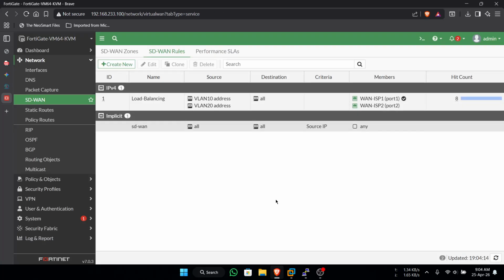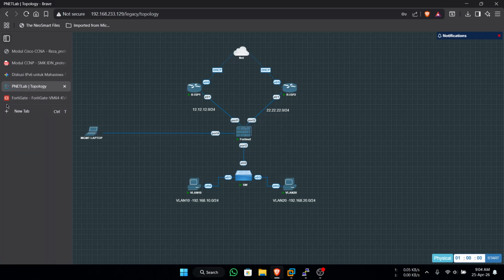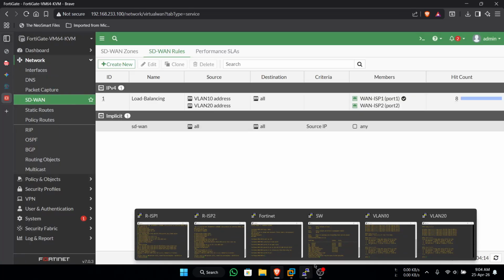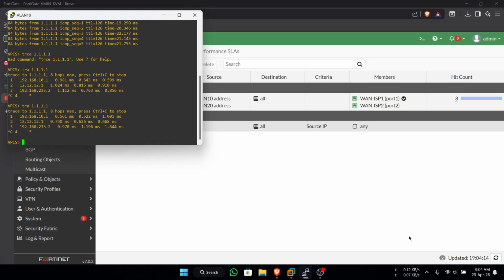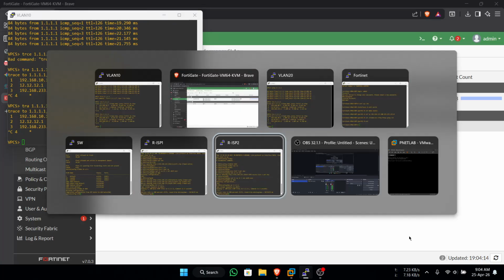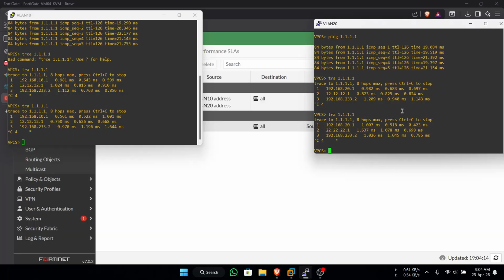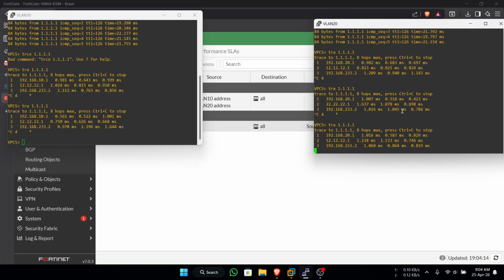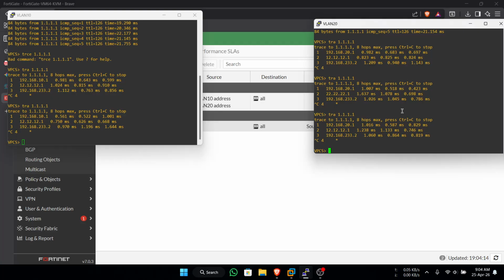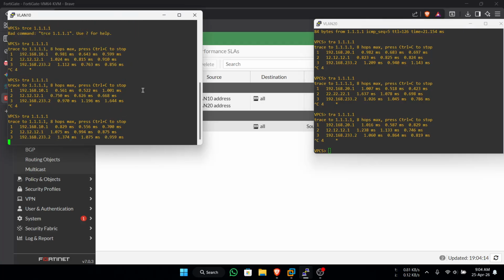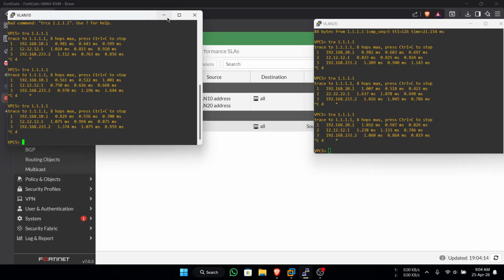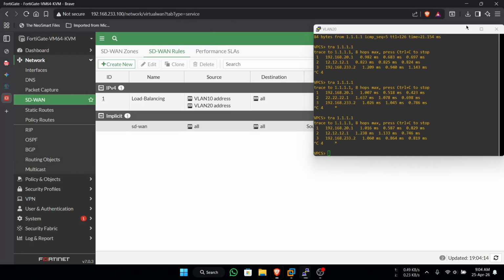Okay, check it. So if you try to ping another one here, trace, this PC will move to ISP1 and the left PC to ISP1.